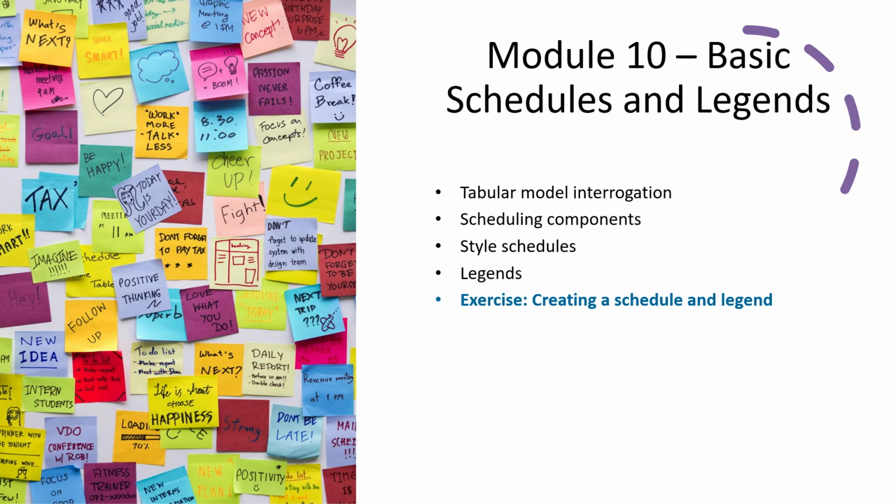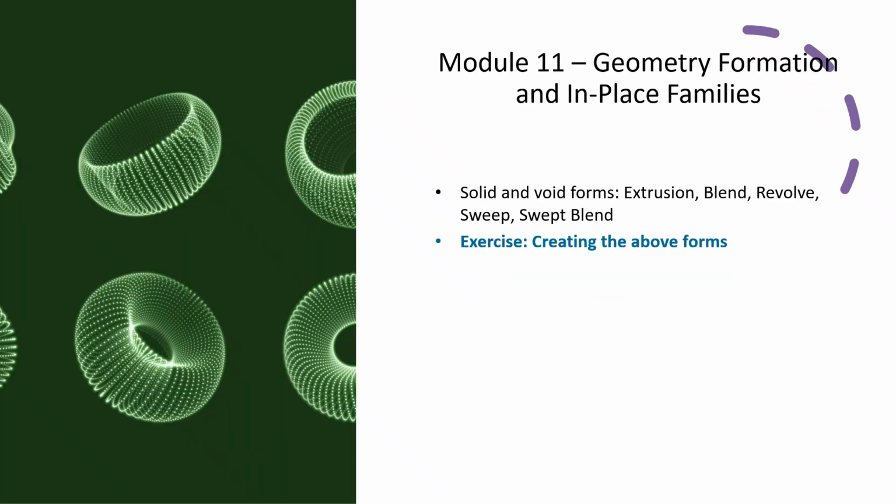This module is all about clarity and control, turning your model into a source of truth that supports documentation, decision-making, and collaboration. Module 11, Geometry Formation and In-Place Families. In this module, we explore how to create custom geometry in Revit, both for modeling and for building intelligent components. We begin with the 5 core solid and void forms used in Revit's family editors: extrusion,